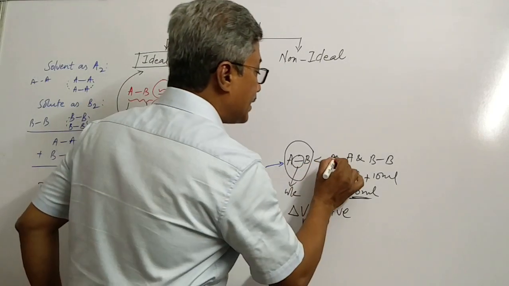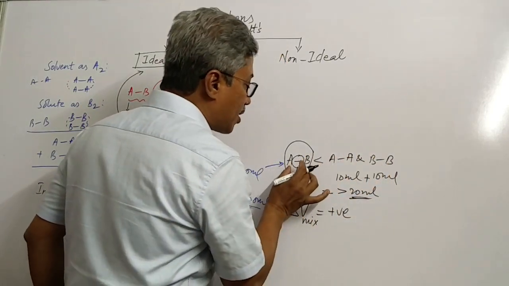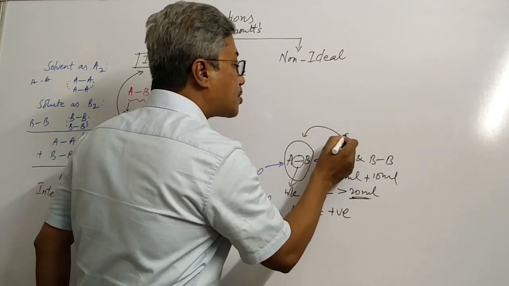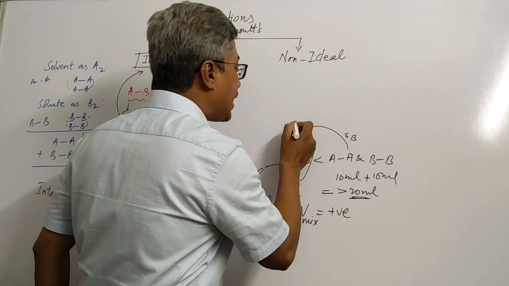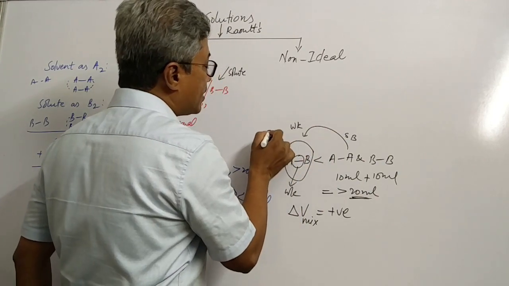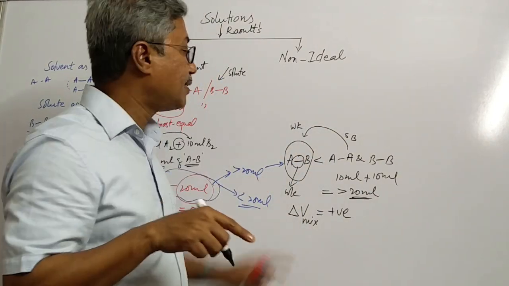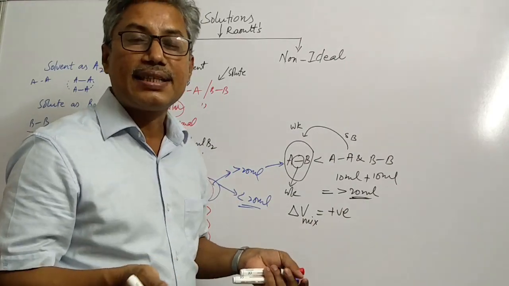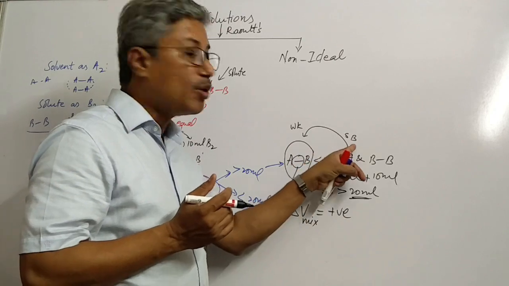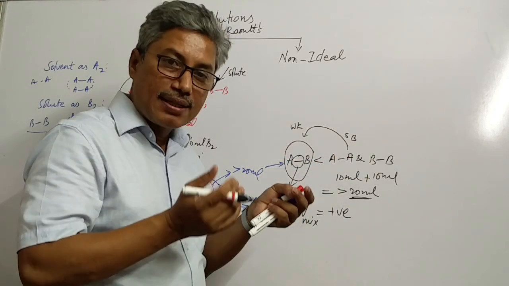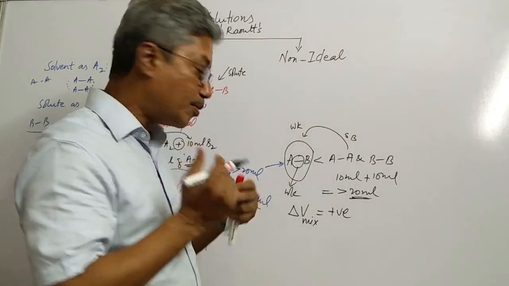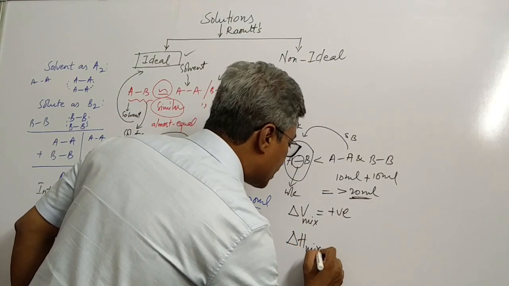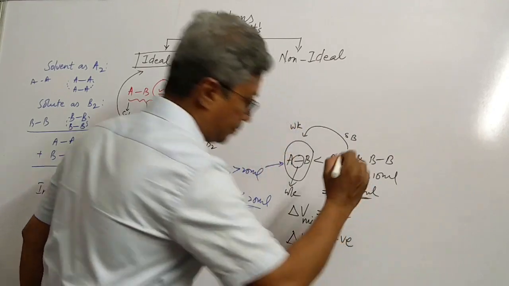And see here, students, these bond strengths are stronger. This bond strength is weaker. It means that the system is changing from stronger bond to weaker bond. Weaker bond means less exothermic. Stronger bond means more exothermic. It means that energy is consumed. Here more energy to less energy. It means that some amount of energy is consumed. See, students, therefore delta H mixing is also positive.